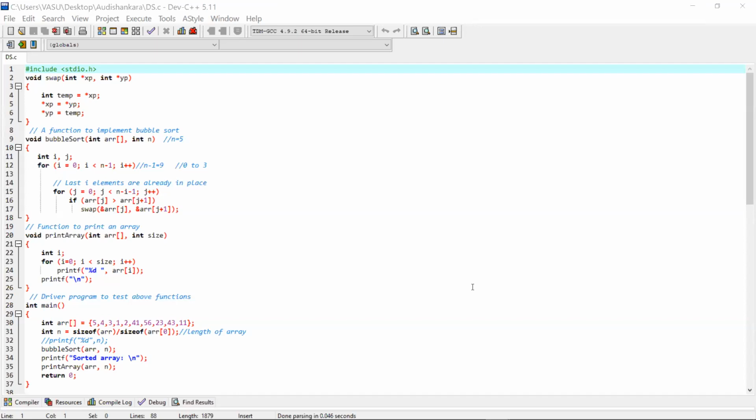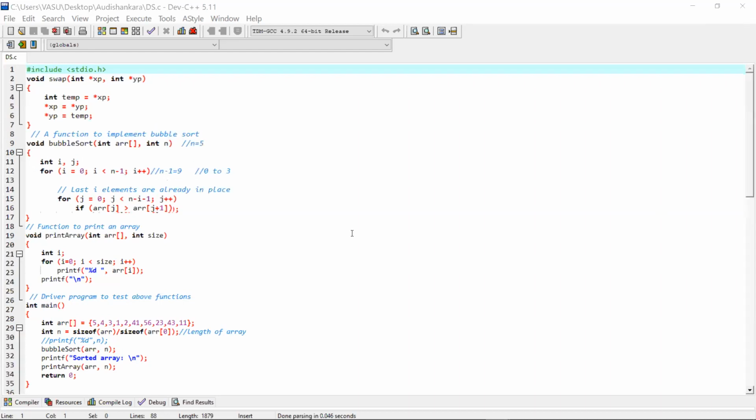Can you see any similarity in this code? You have learned this previously also. There is nothing new in this. Okay, let's see. Pointers are there, right? But not only pointers.